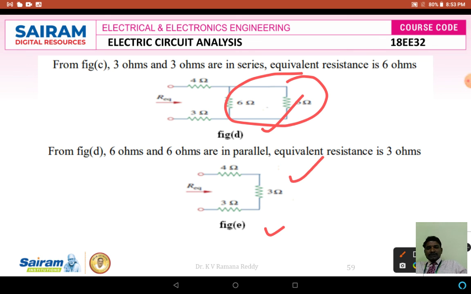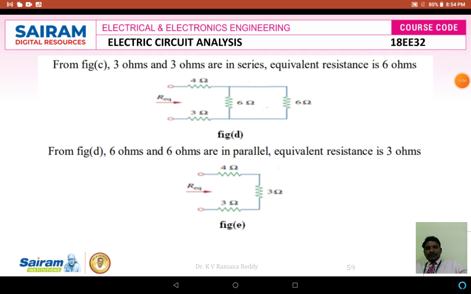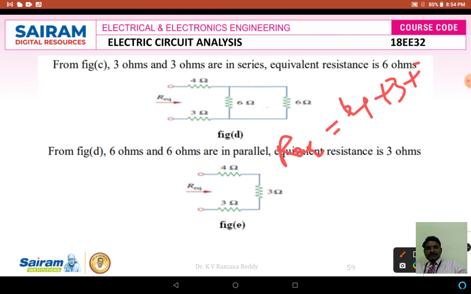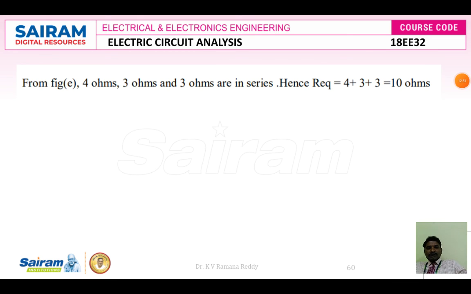Now what is the relation between this 4 ohm, 3 ohm and one more 3 ohm here? Let us imagine a current I commonly flowing through this 4 ohm, 3 ohm and another 3 ohm. Therefore these three are connected in series. The equivalent resistance R equivalent, if it is series, is 4 plus 3 plus 3, which is equal to 10 ohms. Now I am going to replace figure E with one more figure, name it figure F,